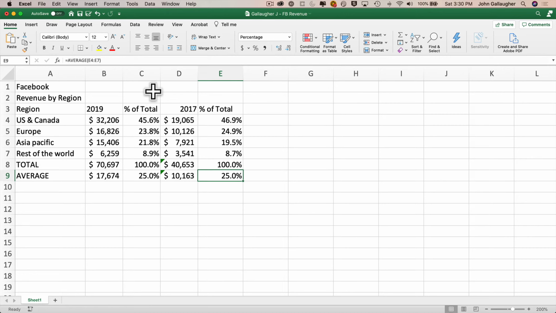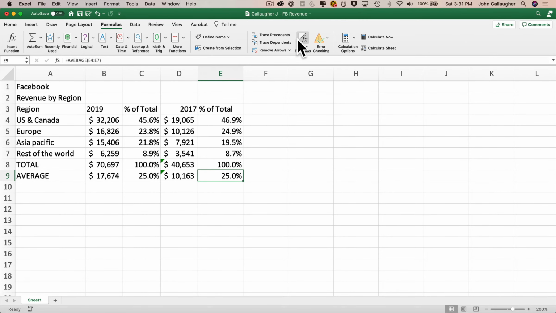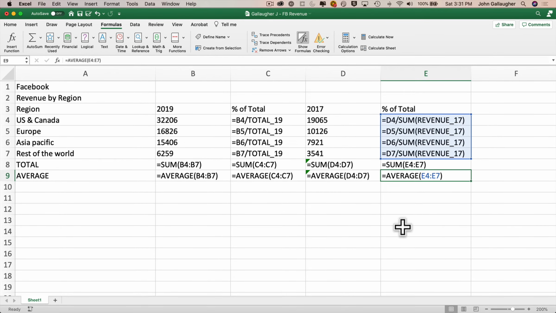You can show all formulas in all cells by clicking on the Formulas tab and then selecting the Show Formulas icon. It's not pretty and it removes formatting, but it's another way to, at a single glance, see all of the formulas in our worksheet. Now the Show Formulas icon acts as a toggle, so I'll just click it again to return to my normal